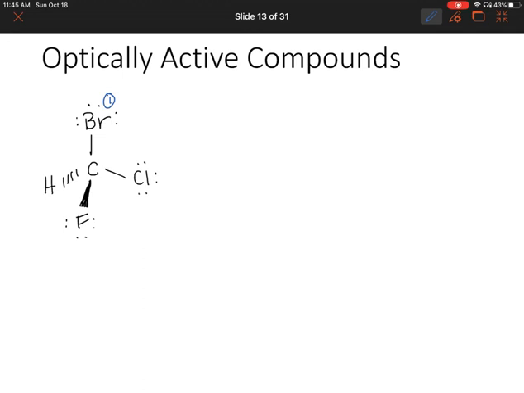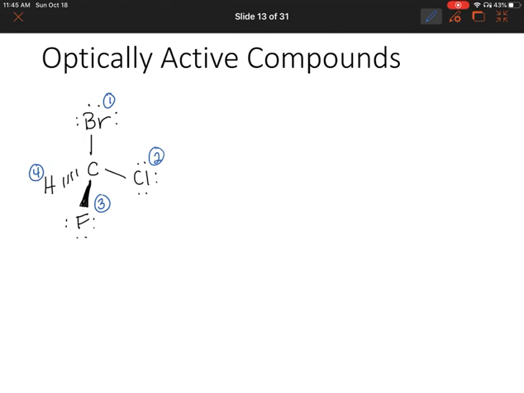What would come next? Chlorine, fluorine, or hydrogen? Chlorine. And then what comes next? Fluorine or hydrogen? Fluorine. All right, so we have our priorities, and our lowest priority atom, hydrogen, is in the back,